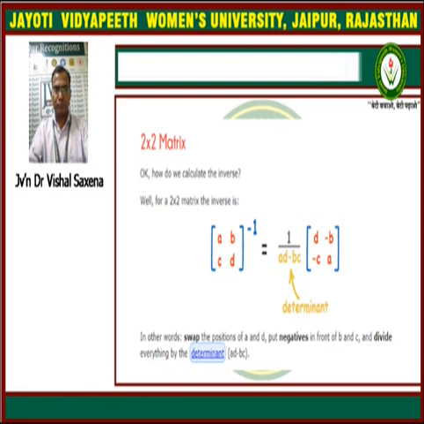Suppose we have to find A inverse. A inverse is given by the adjoint of the matrix A divided by its determinant. And what is the adjoint of the matrix A? The adjoint of A is given by the cofactor matrix of A and its transpose. So it is the transpose of the cofactor matrix, and that is known as the adjoint of the matrix.